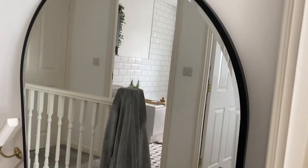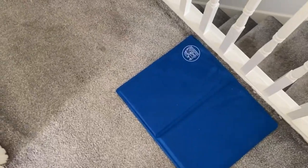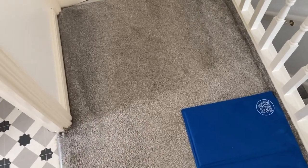So this is a landing. I've got a mirror here, which is for my outfit photos, and I think it just makes it a lot more bright and airy. Got a little striped rug on the floor and a little fake plant. I do want some black shelves or pictures on this wall because we do have the black mirror and lampshade, and then we've just got the grey carpet. We've got a little cool mat going on for the cats. They do scratch my carpet everywhere, which is really annoying, but at least it's the carpet and not the laminate